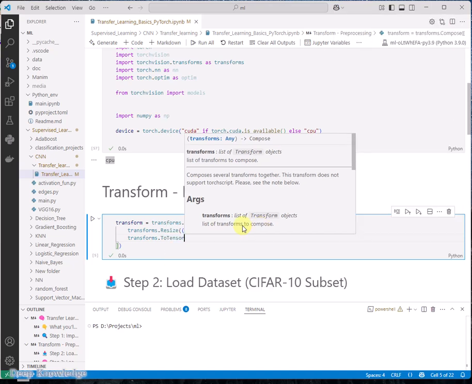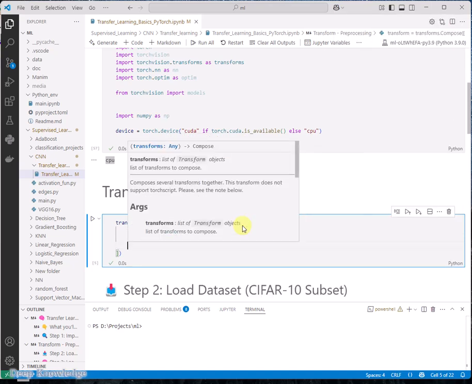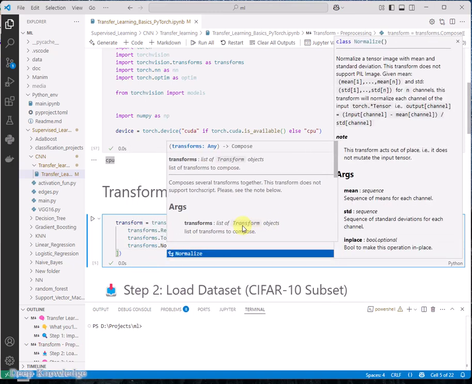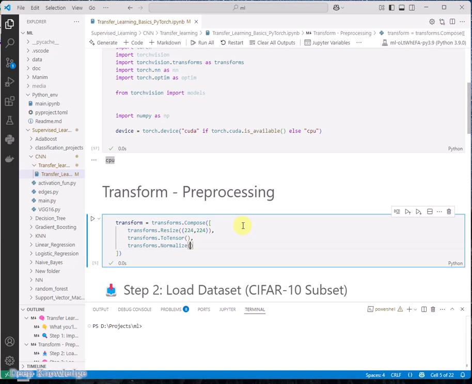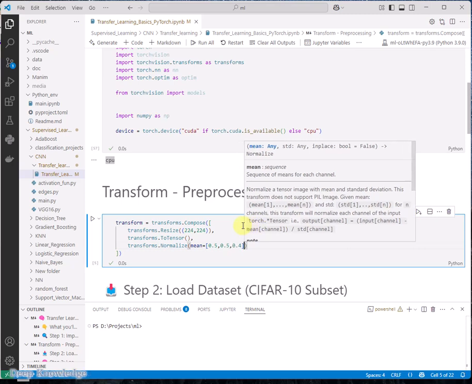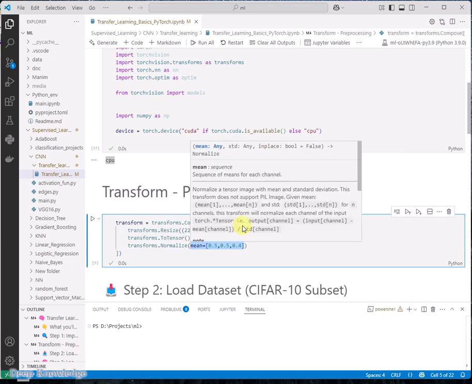There's no parameter here, and also we need transforms.Normalize. We need to normalize the image, and we have the mean. Let's see, just 0.5, 0.5, 0.5. It's fine. But for this, you need to see